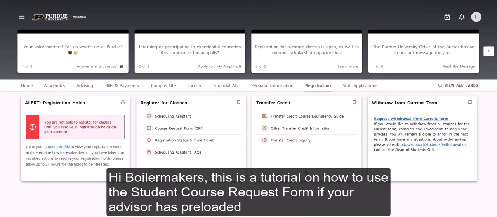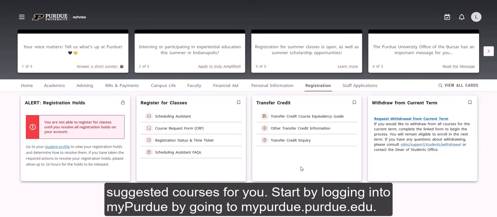Hi Boilermakers, this is a tutorial on how to use the student course request form if your advisor has pre-loaded suggested courses for you. Start by logging into MyPurdue by going to